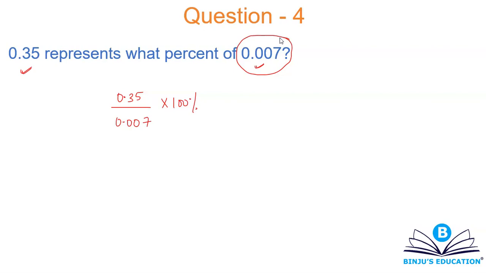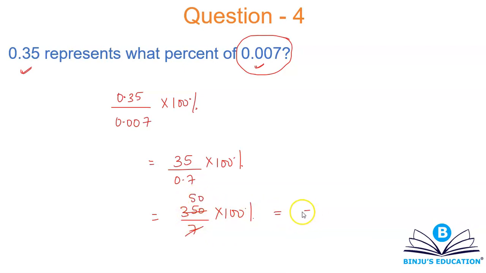Otherwise, this question is pretty straightforward. I don't even have to give you this question. The reason is that we have developed that notion over a period of time that we usually take a higher value in denominator, but that's not the case always. So this will become 35 divided by 0.7 into 100%, which I can rewrite as 350 divided by 7 into 100%. So this is 50 and this will simply be like 5000%.